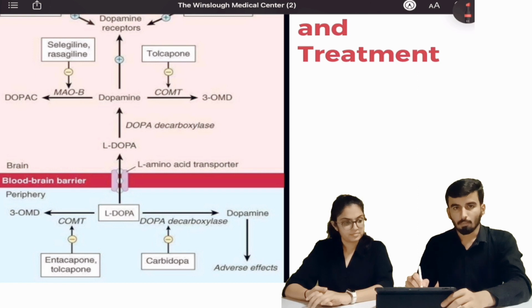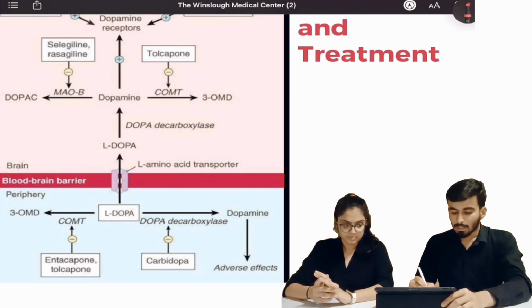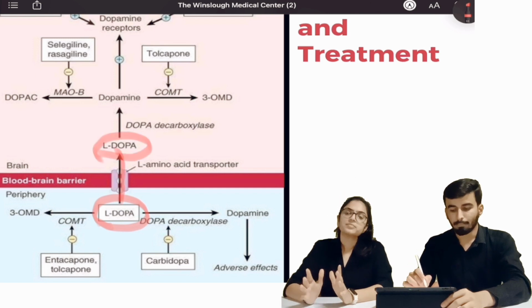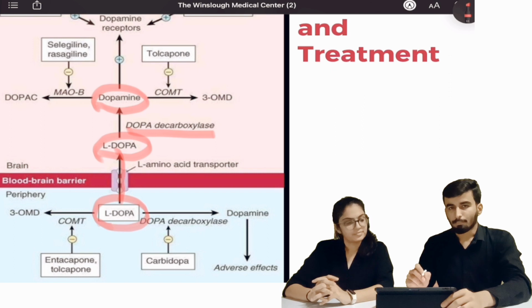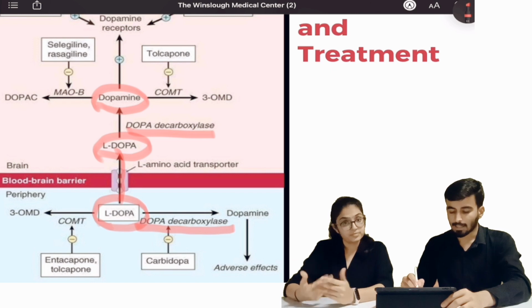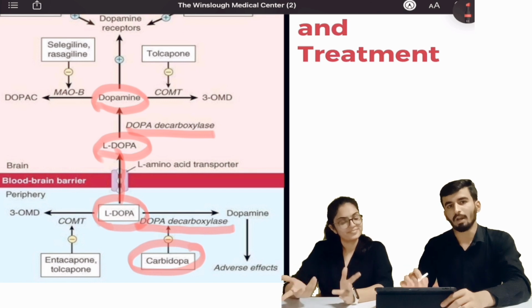When we give dopamine normally, it can break down in the peripheral circulation. So we give the precursor L-dopa, like levodopa, which crosses the blood-brain barrier easily, and at the site of the brain dopamine is produced by dopa decarboxylase. But there is one problem: because L-dopa is given into systemic circulation, it is metabolized by dopa decarboxylase in the systemic circulation. So we have to inhibit dopa decarboxylase with carbidopa, so we can get the maximum concentration of dopamine in the brain and the patient can have improvement of symptoms.